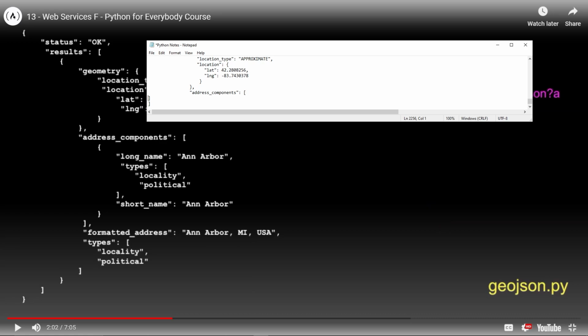I don't know if it's a list or what. Hold on. This bracket is this bracket. Okay. All right. Let's keep going. So this bracket is not that bracket. Let's bring this bracket back so we know we've got this bracket here. All right. So we've got this address_components.